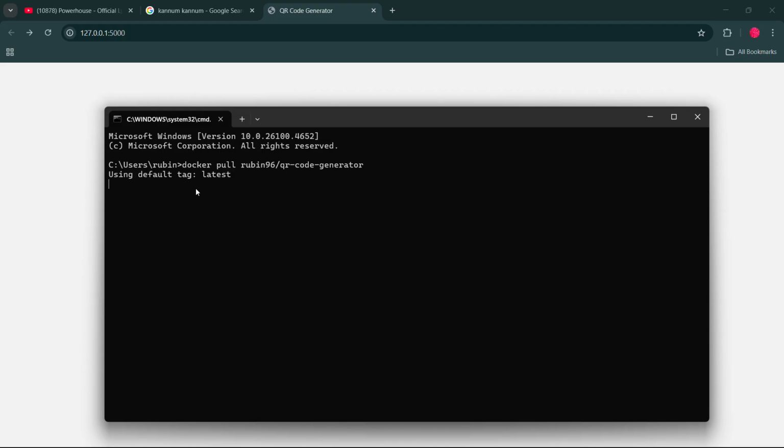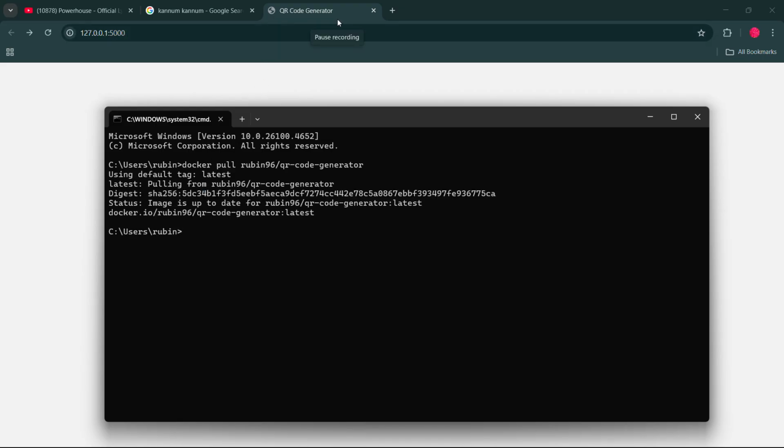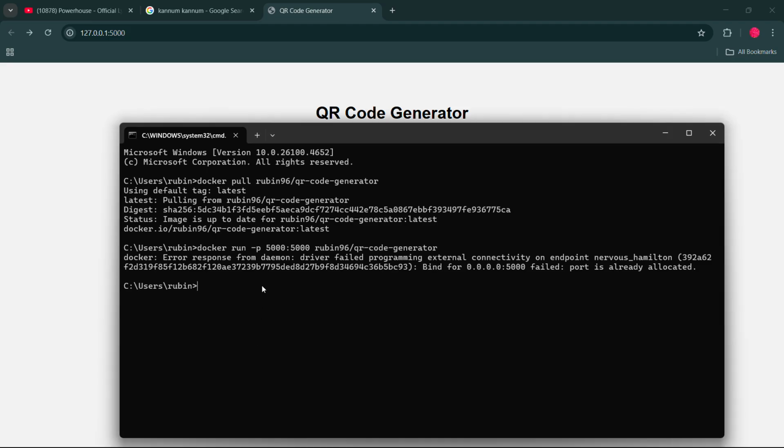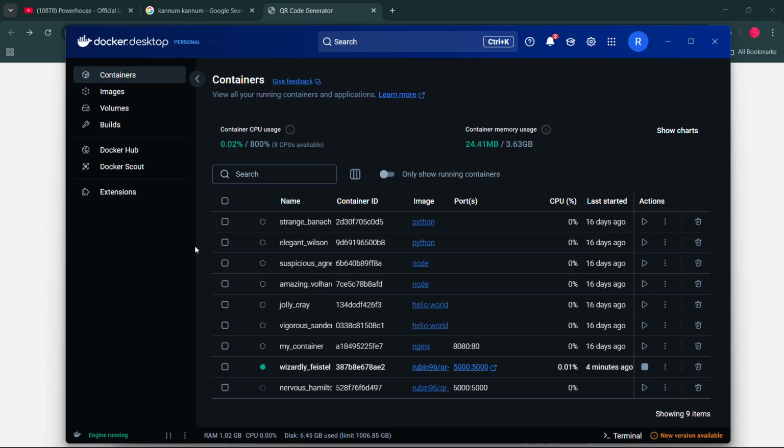It's currently pulling my image into Docker. After pulling my image, this is my code to run my Docker image. Wait a minute, it is because I'm already running this image on my port. So you can see that this is my port. If I go to this,